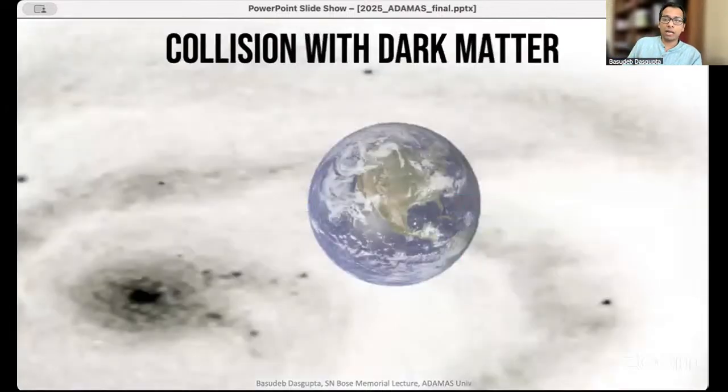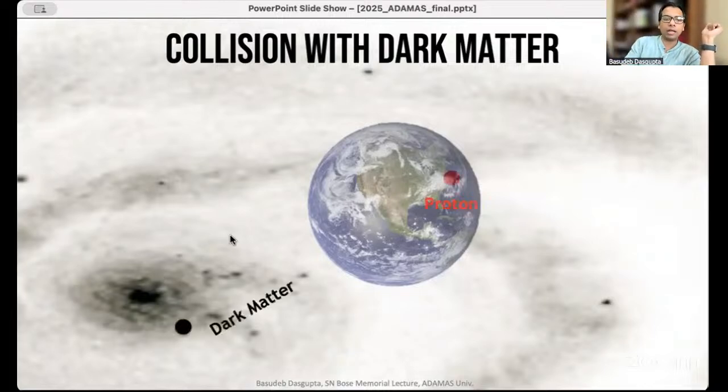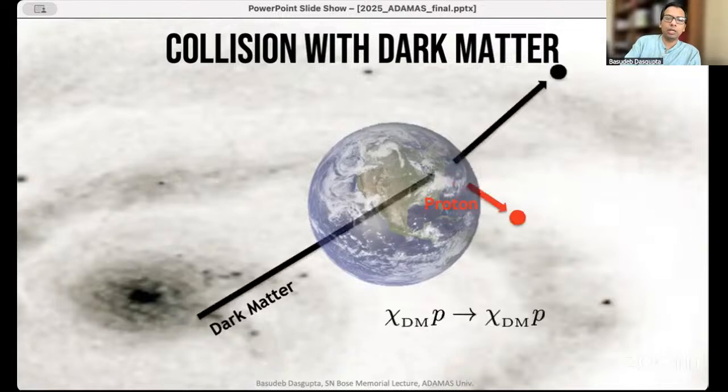Similarly, you can do it for heavier dark matter candidates, where this dark matter candidate that's in the galaxy, so this is our galaxy, we live in its halo, and a particle can come and interact with, let's say, a proton that is almost at rest in the lab. Okay, and when it comes and hits this proton, then the proton will recoil like a billiard ball. Okay, and by measuring how many protons are recoiling in a very cooled down sample kept very deep in a mine where nothing else is reaching, we can again try to look for these dark matter particles. This is called direct detection.